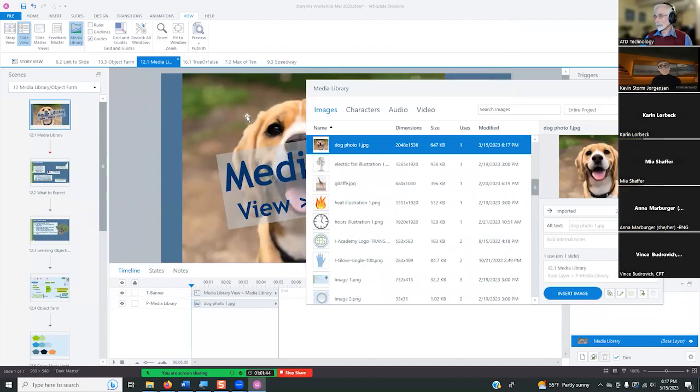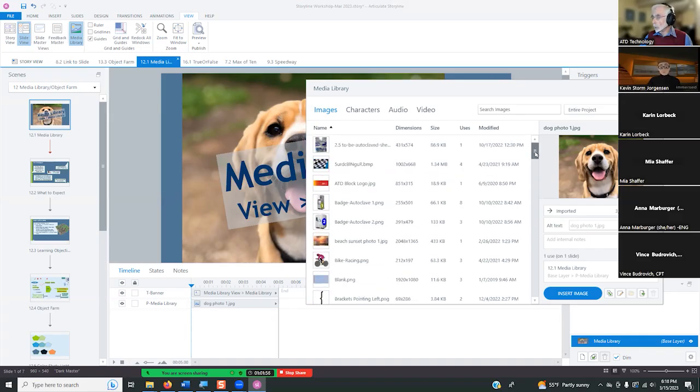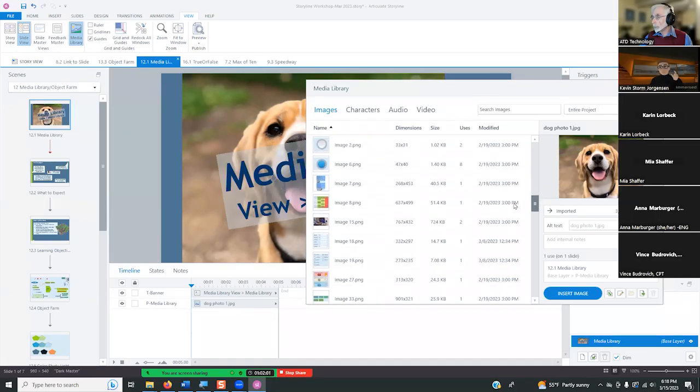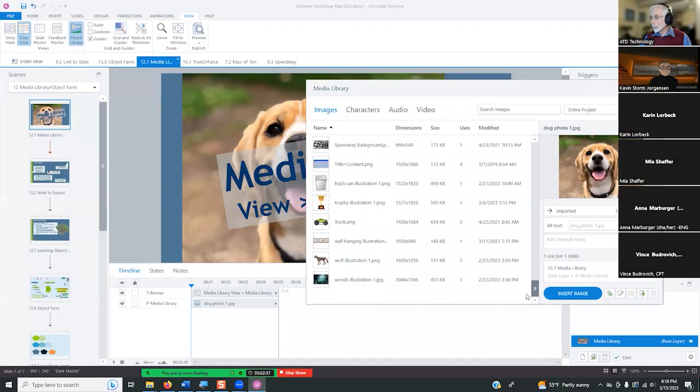Will that even change media assets that are located on master slides? Master slides, you mean like borders and the sailboat? Sailboat, yeah, because I'll frequently put the brand, like the icons or logos for a company, on the master slides. I guess that's easy to change anyway, but I'm wondering if it's possible to just swap it out in the media library as opposed to going to each of the master slides that have it. I'm trying to find the sailboat here.